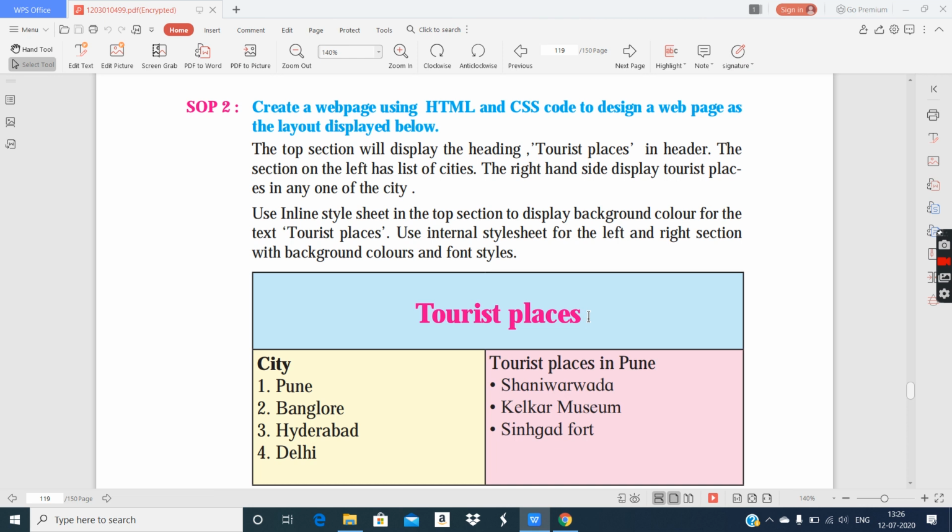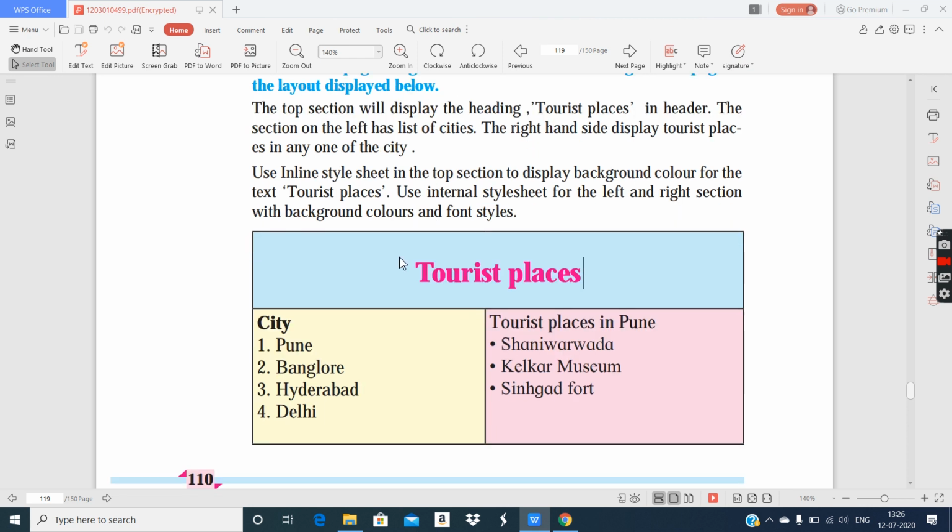Actually this is a table, if you imagine it as one, with two rows. Row number one, and this entire bottom section is row number two. But in row number one, the single cell occupies the space of two columns, so colspan has to be used. We will see all three ways of solving this question.